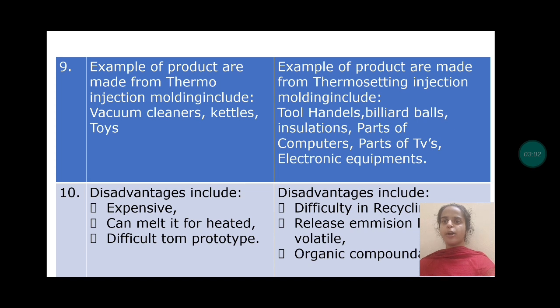Examples of products made from thermoplastic injection molding include vacuum cleaners, kettles, and toys. Examples of products made from thermosetting injection molding include tool handles, billiard balls, insulation, parts of computers, parts of TVs, and electronic equipment. Disadvantages include that